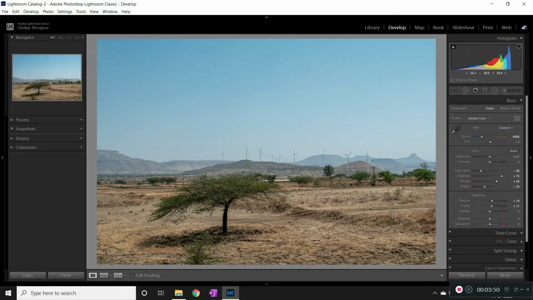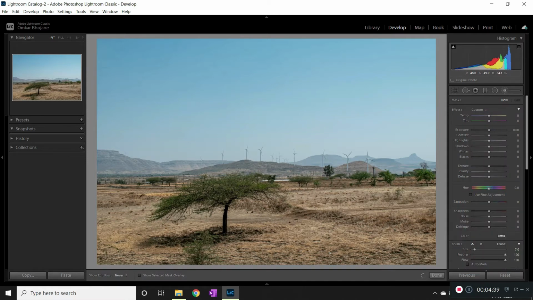And I think overall the image is looking very good, but still I want more texture. The mountains, the windmills should be more clear, so I'll just add texture at these points only. How we do it, we'll go here, click on the adjustment brush, make it a point over here, and start to select these areas.